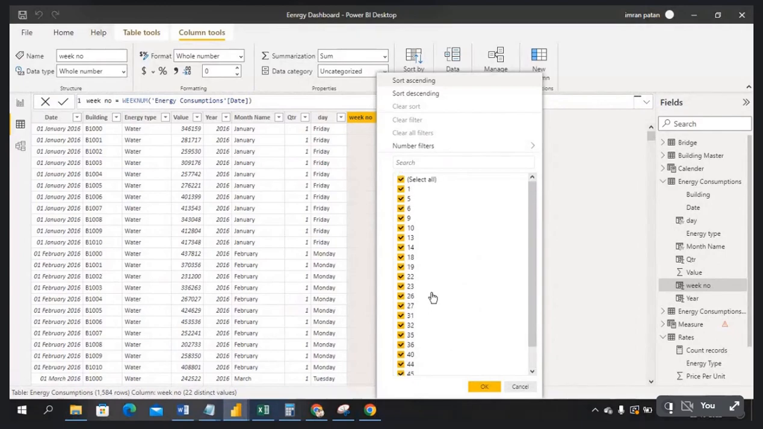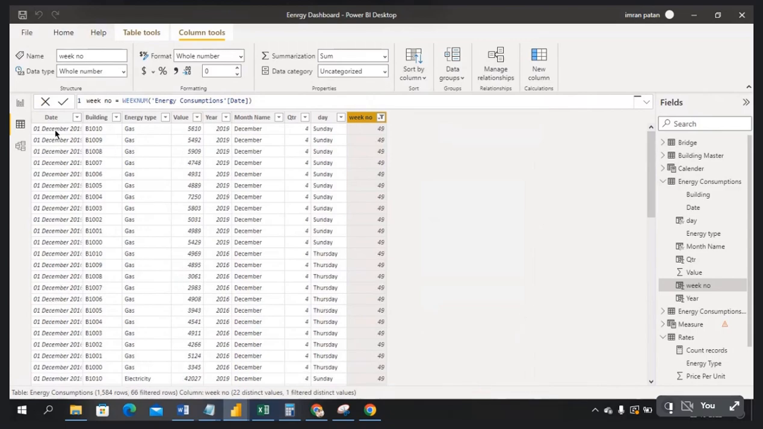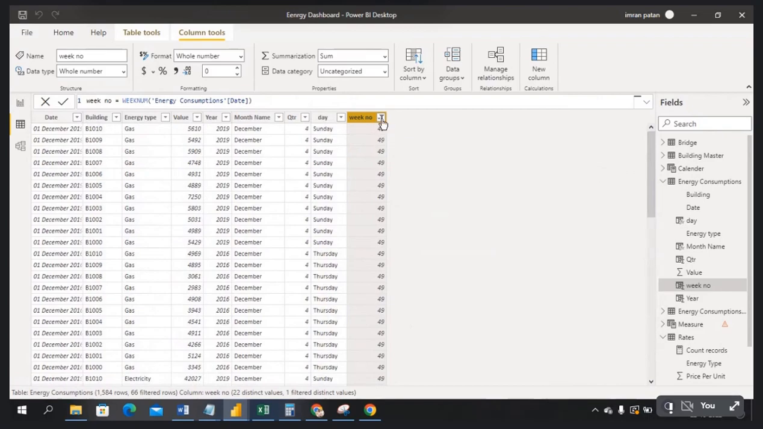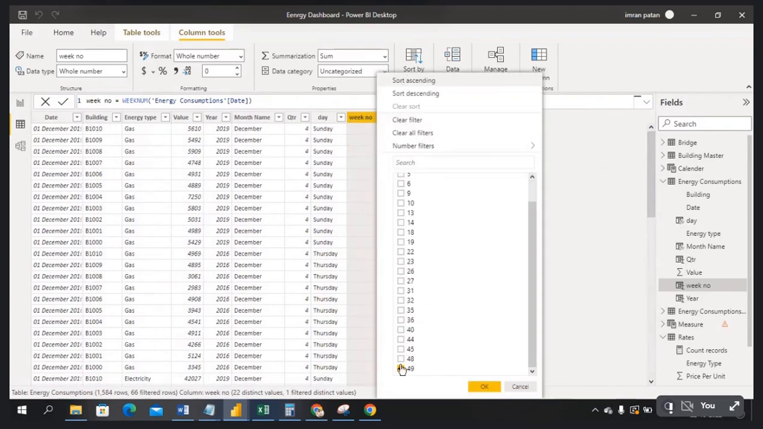So generally how many weeks per year? 48. 48, but it's taking 49. So if I select only 49, December is supposed to come in the 48th week, correct? But it's taking 49. Is there an issue? Okay, so let's see. If I select the first week,